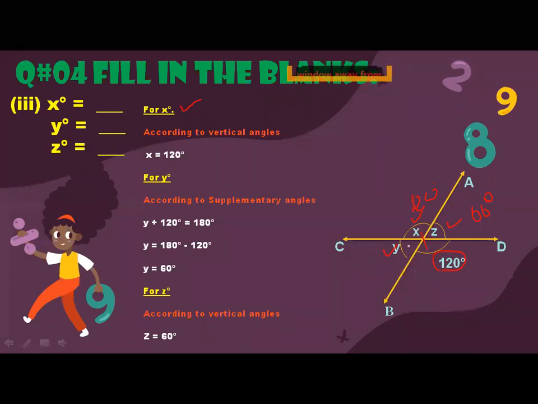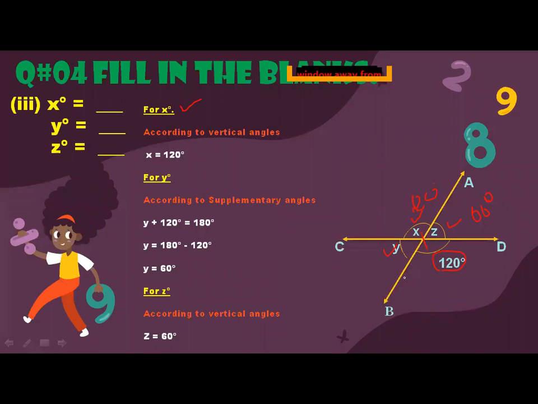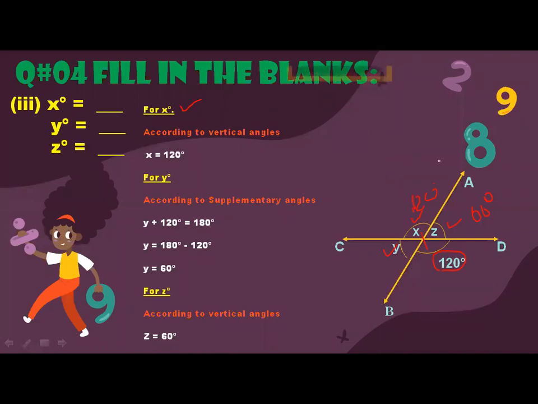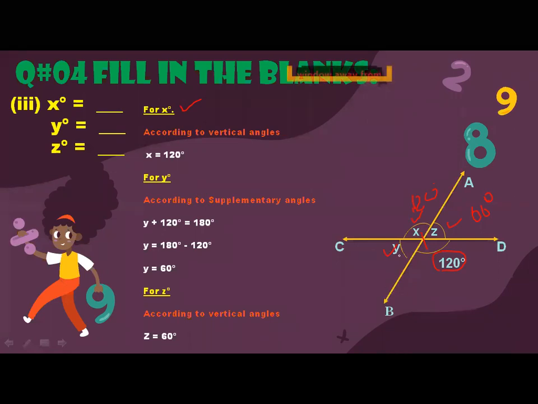Because here you also have to make the angles, and according to vertical angles, if you remember the concept, what are vertical angles? These are the pairs of opposite rays. Pair of opposite rays means if you are drawing one ray, you have to draw another ray as well. Vertical angles are formed when you have two pairs of opposite rays. So this is a must. And when you draw it towards the bottom side, automatically you will get your y and your 120 as well.